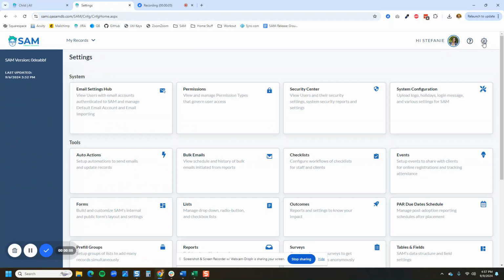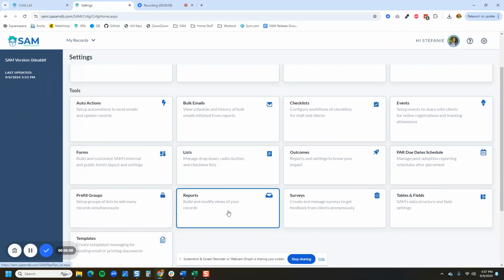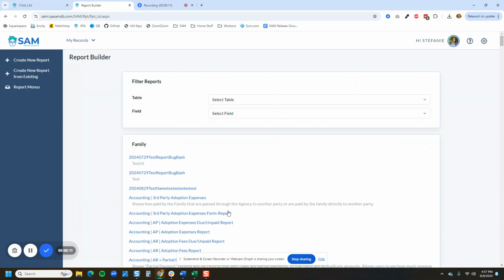Reports as a SAM lead can be found under settings and then reports. When you access reports, you're getting the list of all the enabled reports in your site. You're in the report builder now. You can create new reports, choose to create a new report from a currently existing report, and then manage report